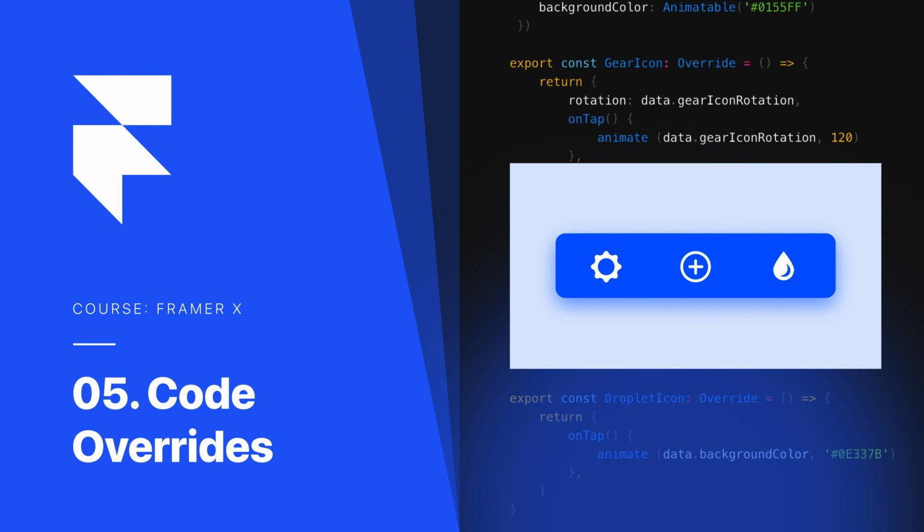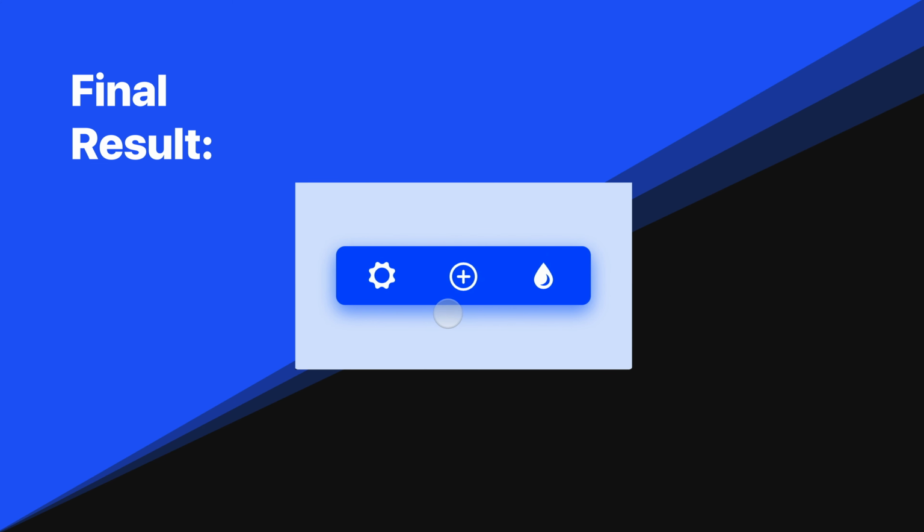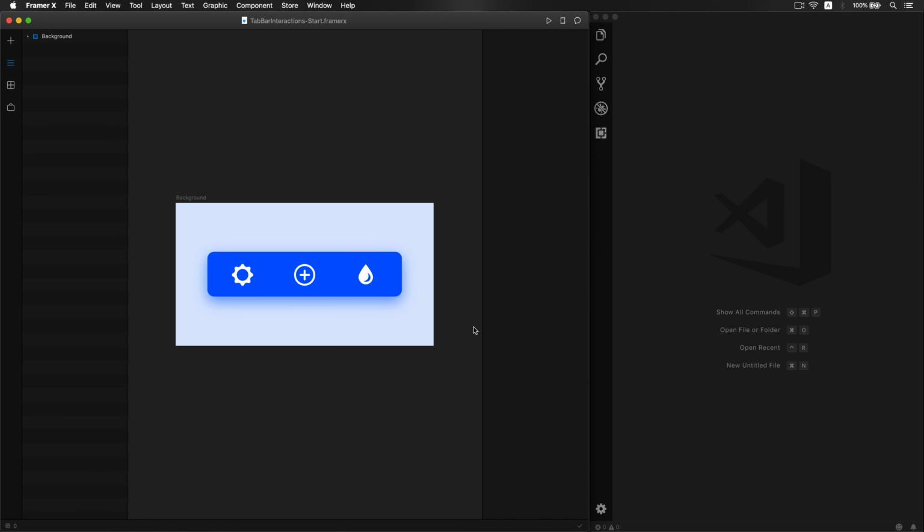Hey everyone! Today we will be diving deeper on overrides in FramerX. By the end of this tutorial, you'll be able to recreate these three interactions using code overrides. With code overrides, we can make our design interactive in ways that extend the abilities of the Framer tools for